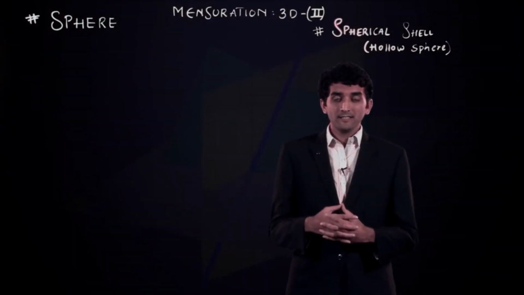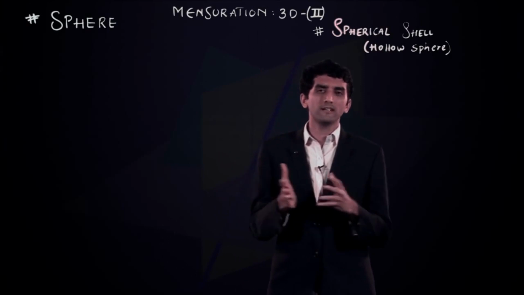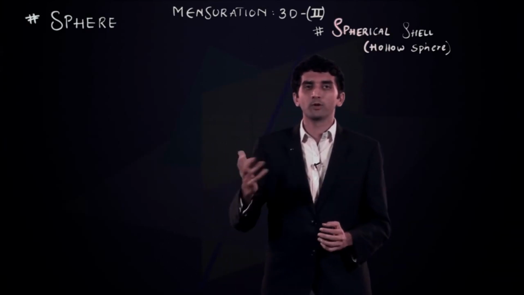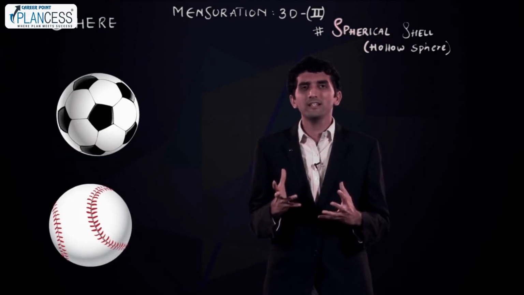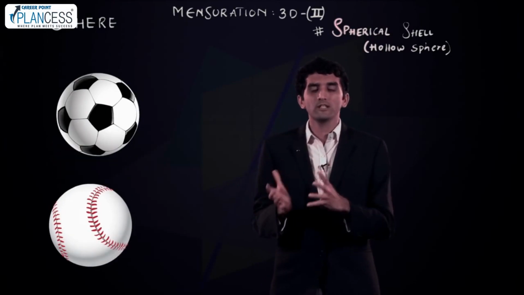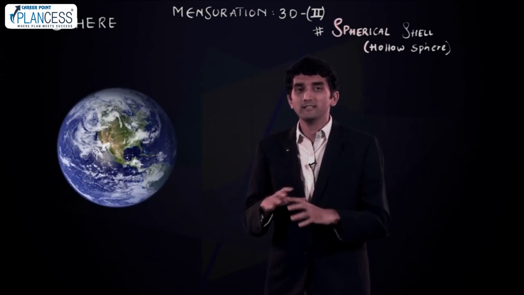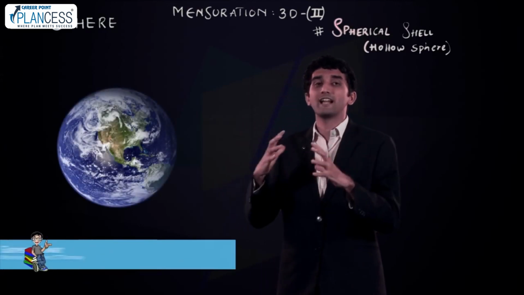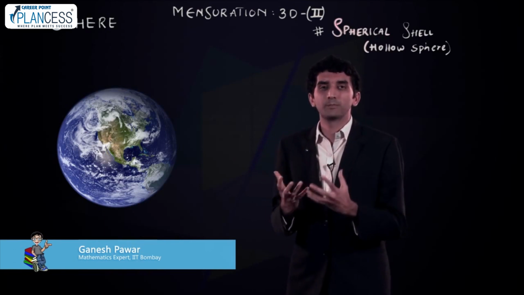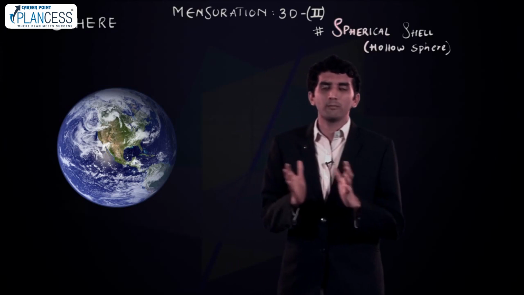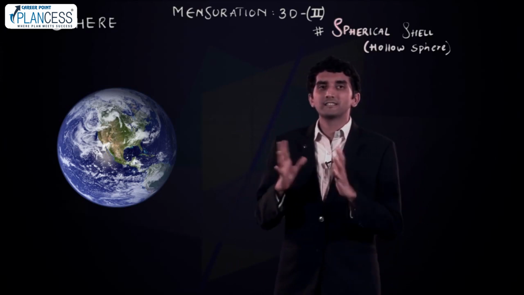So friends, in this section, we are going to talk about a sphere and a spherical shell. Now, a sphere in our day-to-day life has a plethora of examples. A football, a volleyball, generally all sorts of balls, and for that matter, even the earth has a spherical shape, right? Anything which is circular and solid is a sphere. Although the earth is not a perfect sphere, for the matter of understanding here, we will say that it is